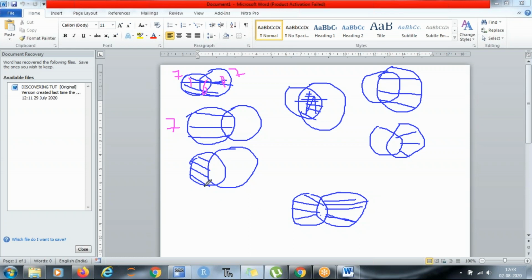And how many will be there in this outer join? Left outer join? 1. How many will be here in this inner join? How many will be there in right join? 7.